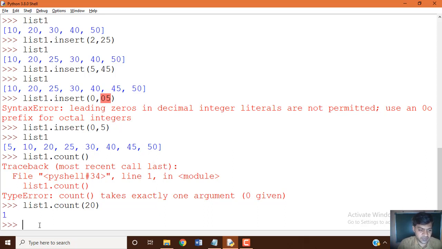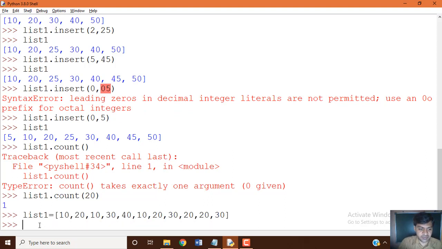For example, we can define list1 equal to 10, 20, 10, 30, 40, 10, 20, 30, 20, 20, 30.